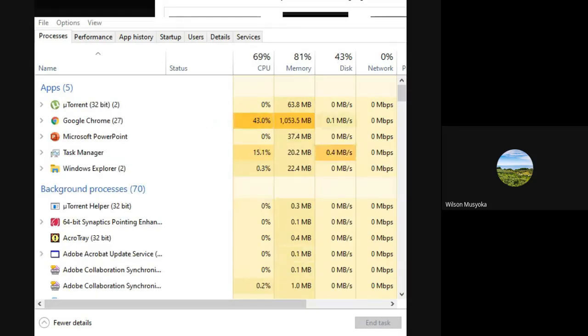So are you able to see the Task Manager? Yes, we are able to see. Okay, so when you are looking at the Task Manager,